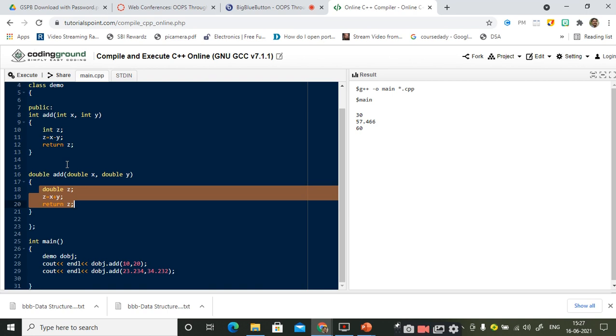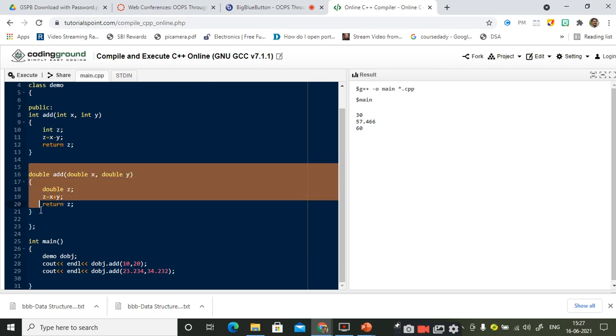Does it appear that you are unnecessarily wasting time and code for writing this particular code? Everything is the same except that it is varying in the data type. So why are you repeating all these things? I write these 5 lines of code for adding 2 integer values. The same 5 lines of code I am going to make use of for adding the 2 double variables, right? So is it not the redundancy you are getting?